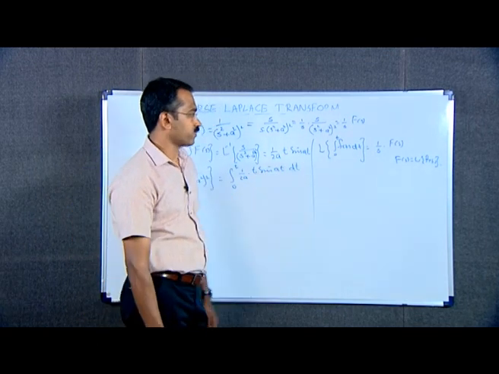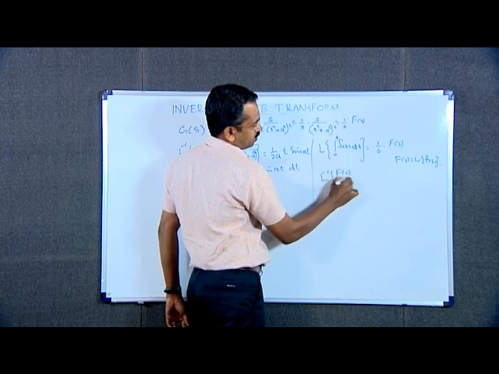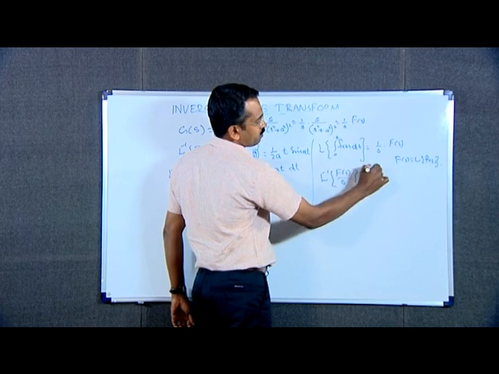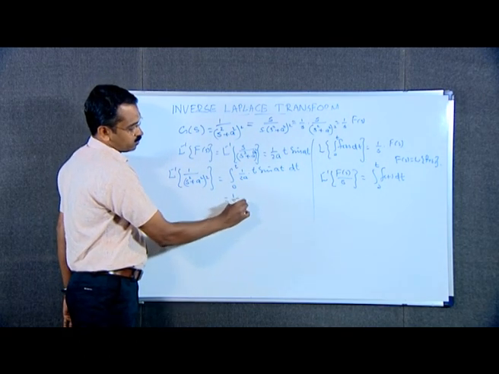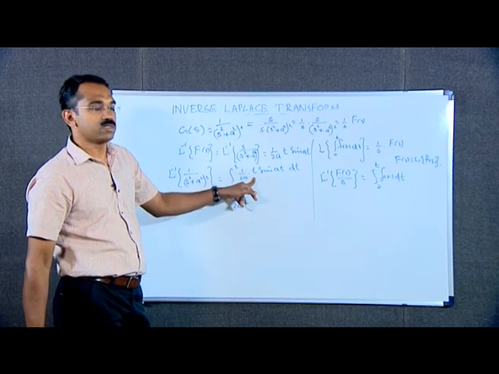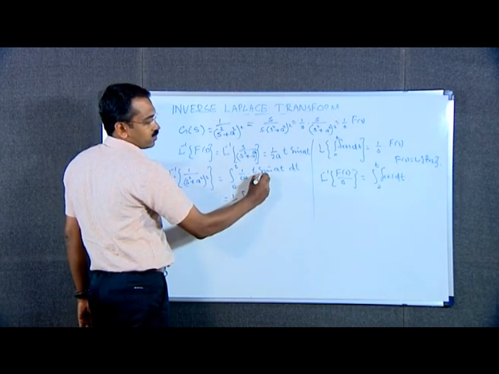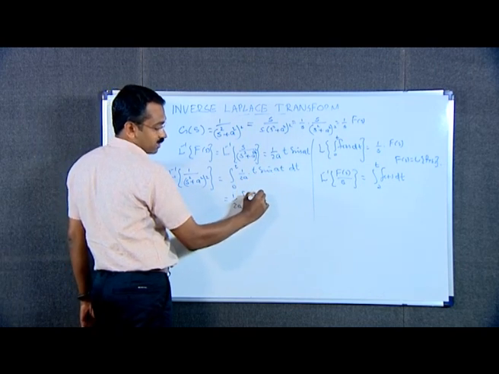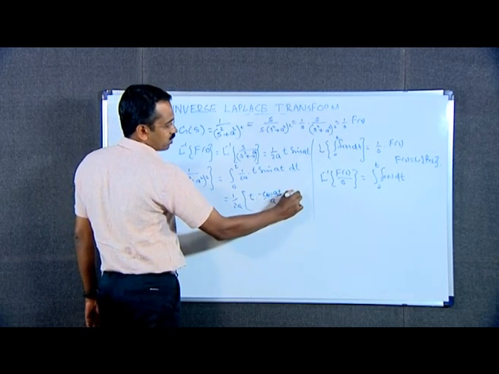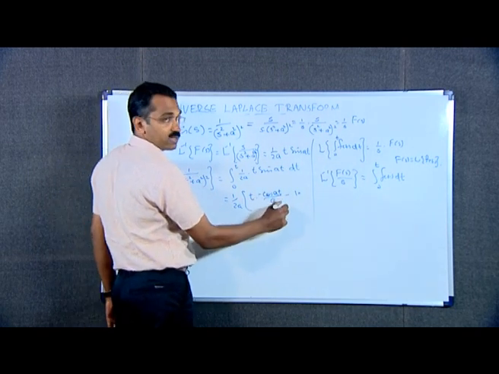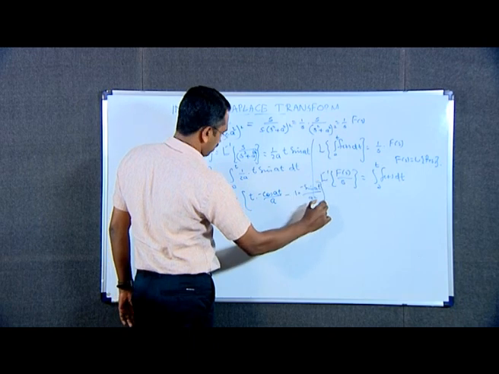By this property, consider the inverses. We can write L inverse of f of s by s, or 1 by s into f of s, as integral from 0 to t f of t dt, which is equal to 1 by 2a into, consider the first function as t and the second function is sin a t, t into integral of the second, that is minus cos a t divided by a, minus derivative of t is 1 into integral of this, minus cos a t divided by a is minus sin a t divided by a square between the limits 0 and t,